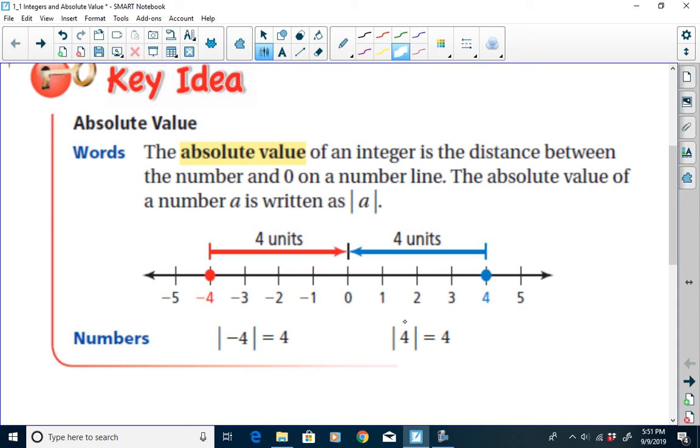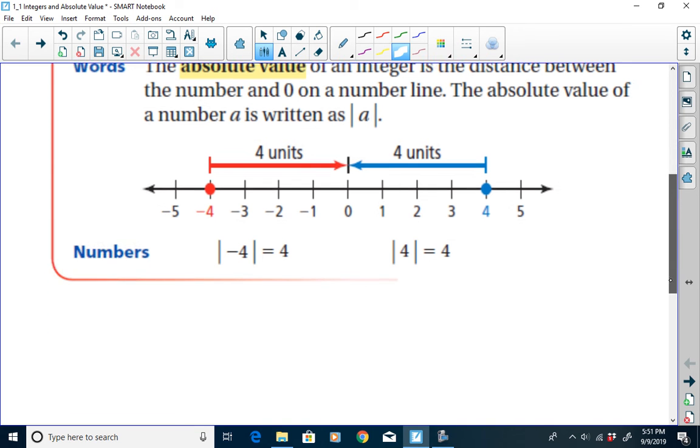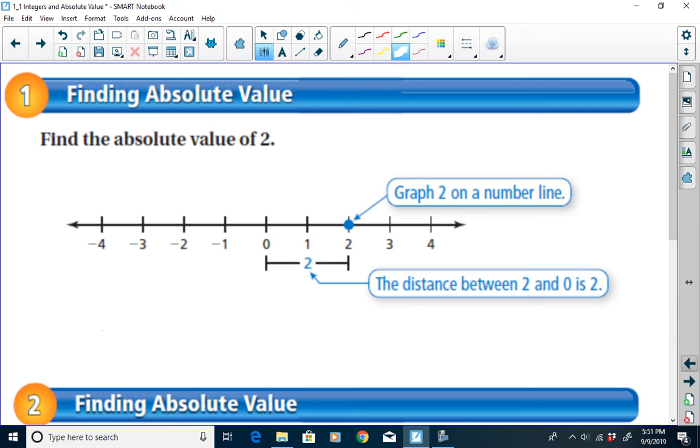The absolute value of 4, you're being asked, well, how far is 4 from 0? Well, the value of 4 is 4 units to the right of 0. Right? So the absolute value of 4 is also 4. The absolute value is an integer's distance from 0. Right? Next page. Well, if we want to find the absolute value of 2, we're being asked, well, how far